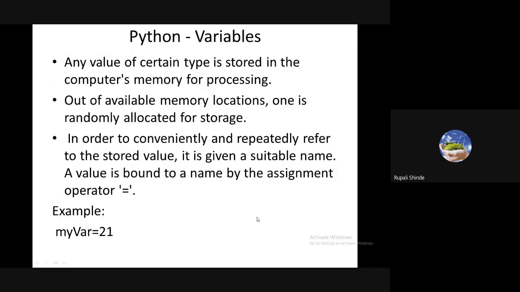Then the next part, it says Python variable. I think everybody knows what we mean by variable in C, C++, C#, Java. Variables are nothing but the name of a memory space where we assign some values, and it is going to change at the runtime of the program.